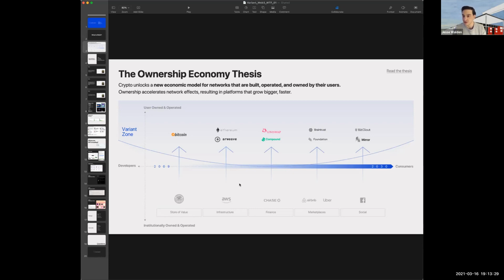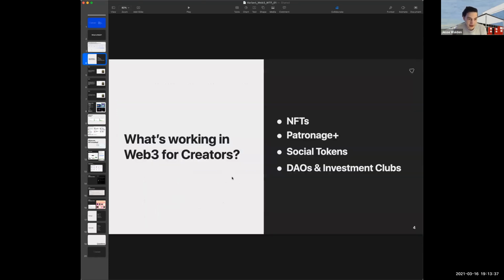And there's a lot of stuff happening at the intersection of the ownership economy and the creator economy. And so here's a brief outline of what's working in Web3 for creators today. I would assume everyone on the call has heard of NFTs, at least, if not done a deep dive already. I know Lee is the latest success story as far as NFT creators go. So we'll talk about NFTs. We'll talk about the concept of Patronage Plus, which is multi-dimensional, but in short can be described as a new model for crowdfunding. We'll talk about social tokens, and we'll talk about DAOs and investment clubs. So let's